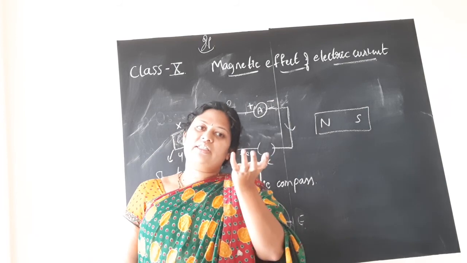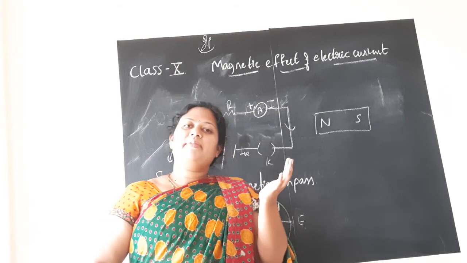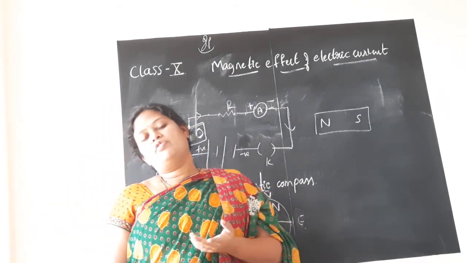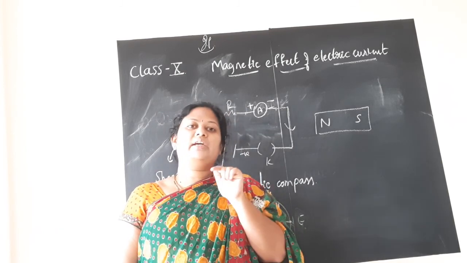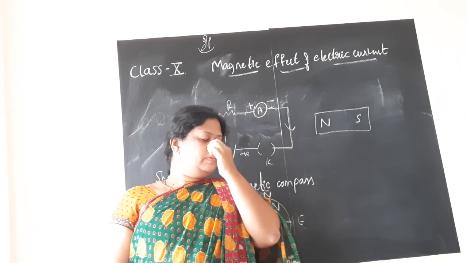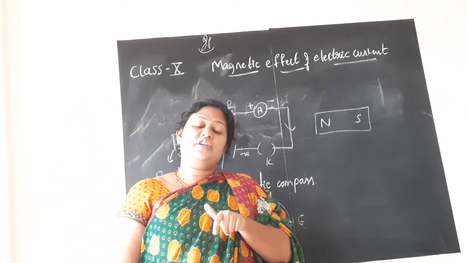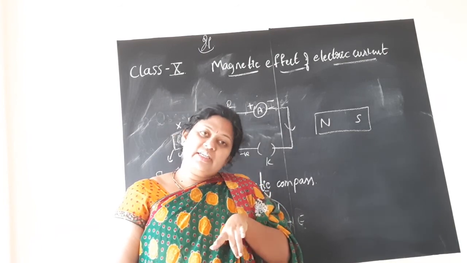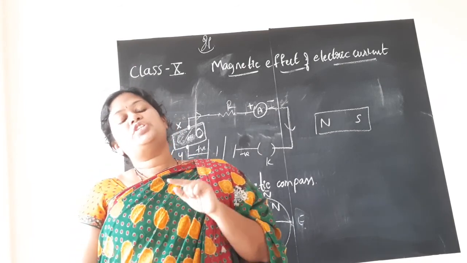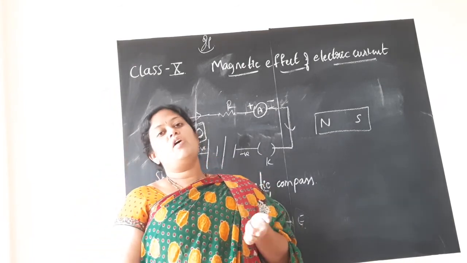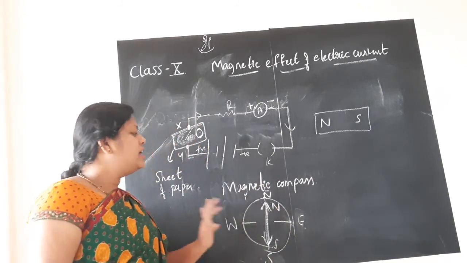It is a device just like a round clock, children. So it also has a needle in it. What will be marked in the magnetic compass are east, west, north, south. All four directions will be marked and one needle will be there. I will show you the magnetic compass as well. But before that, try to understand here. It consists of north, south, east and west directions. The needle already present inside is made up of a tiny bar magnet and it always shows us the magnetic north, or we can say it shows both north and south direction. So this is about the magnetic compass.